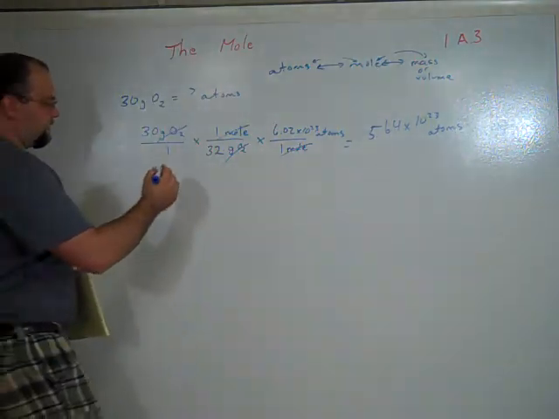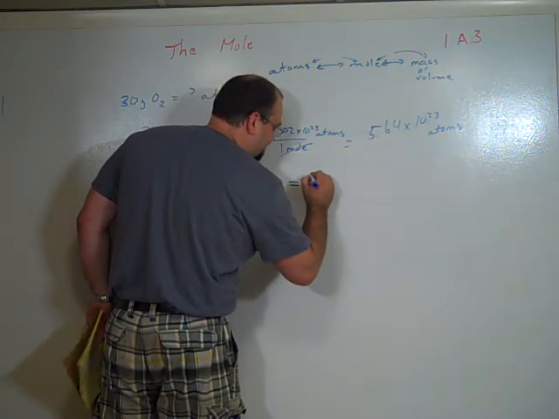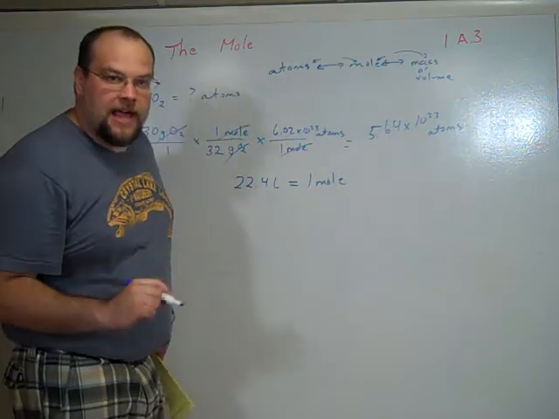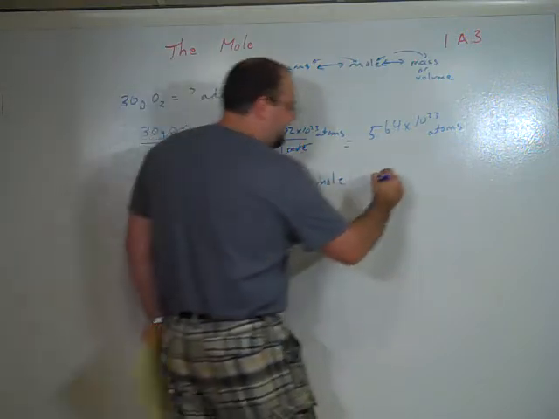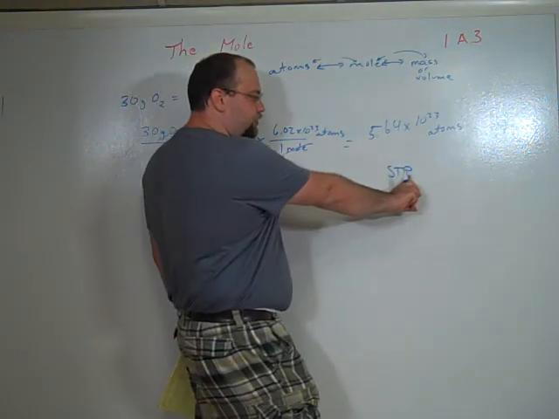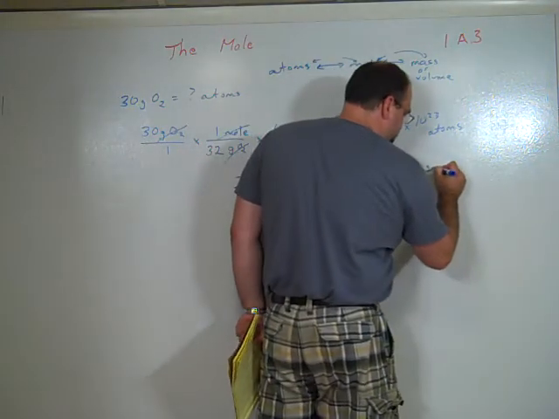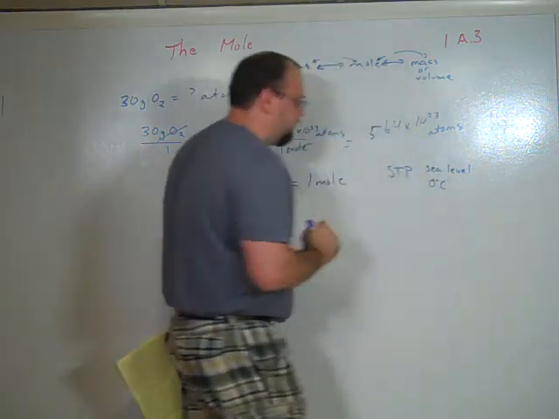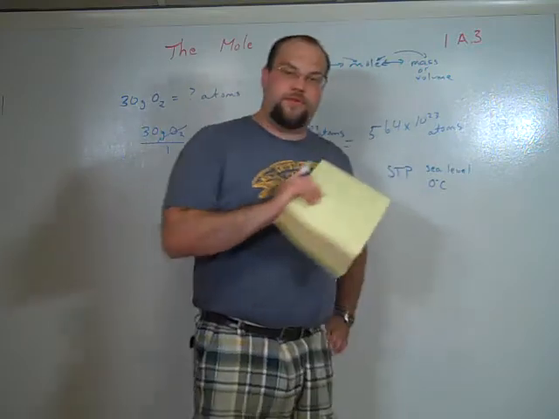And the fun thing is that 22.4 liters of any gas in the universe, as long as it's at something called STP, which is standard temperature and pressure. That's essentially sea level and 0 degrees Celsius. Any gas that's at sea level and 0 degrees Celsius,